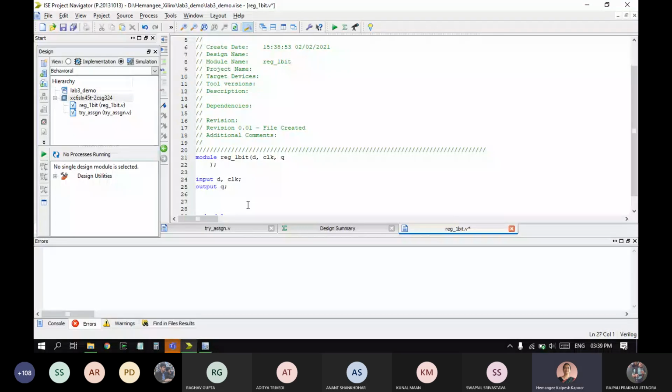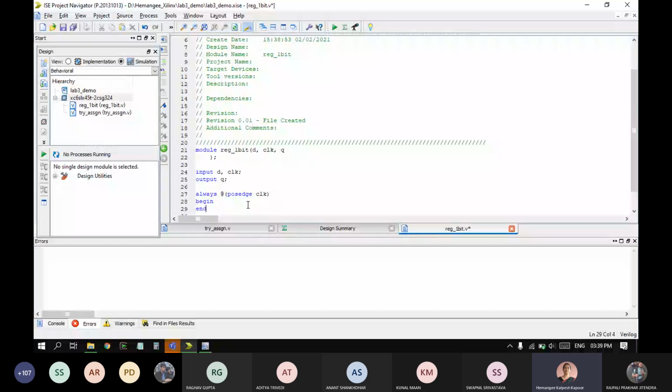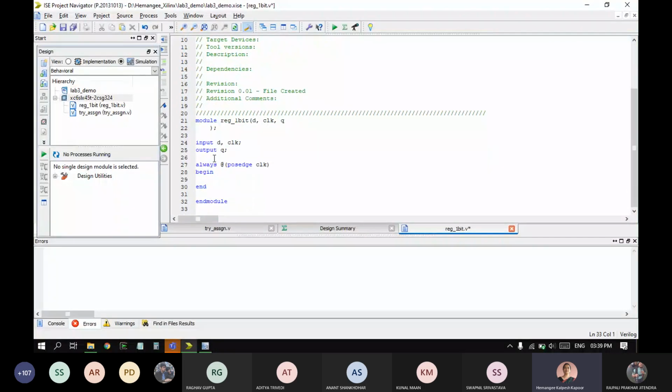Okay. So a register, you have already studied in the theory that it works at a clock tick, whenever the clock is going high, or it should work when the clock goes low. So it works on the edge of the clock. Now, how is this indicated? Using the always block. So I will say always at positive edge of CLK. So always at positive edge of the clock, we have to do something. Whenever the clock goes high, what are we supposed to do? Assign the input coming to the output. So just do Q equal to D. That's all.